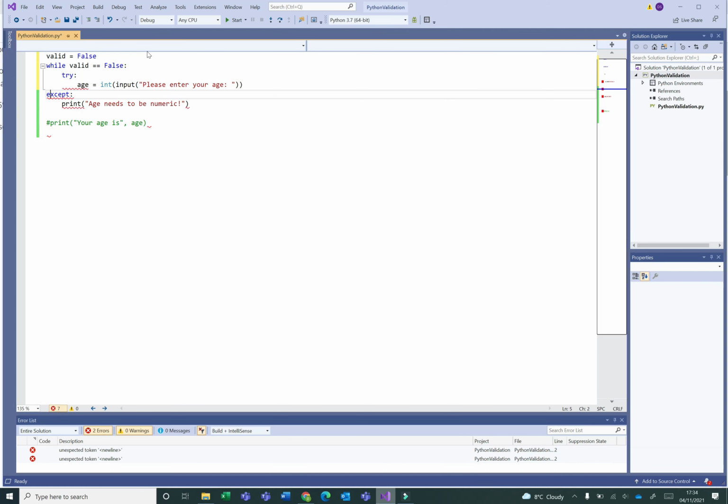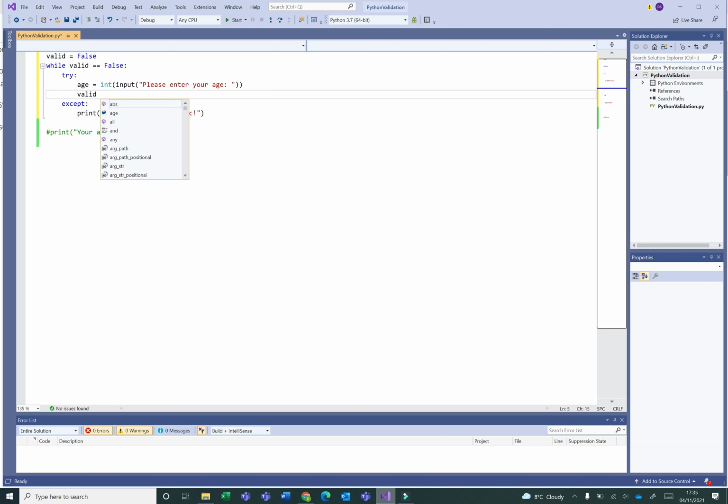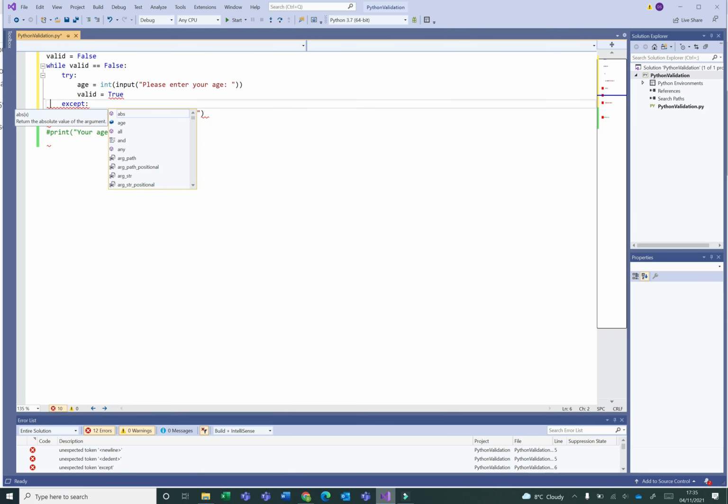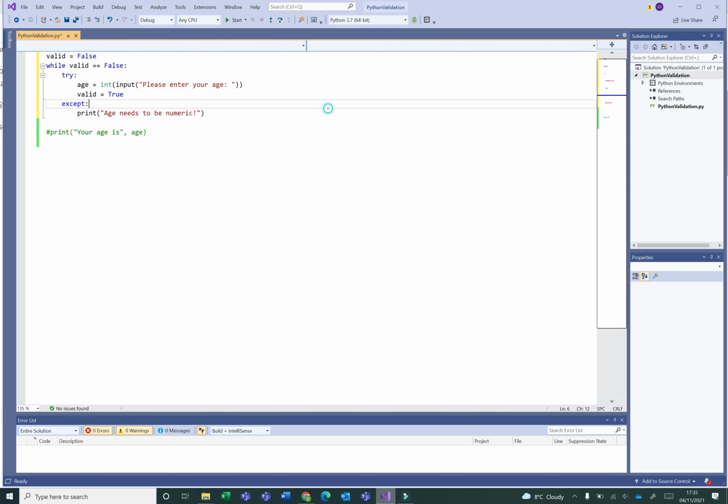Try, so I'll just indent these so now they're within my validation loop there. And if I now try this and I get to the next statement without a runtime error being thrown, then a valid age was presumably input, and I can now print out the age.